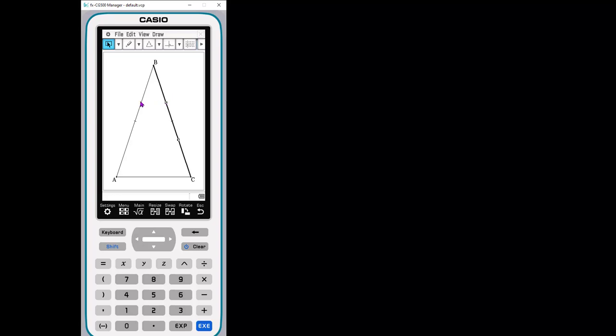So we're going to measure this vertex angle here, and once I select it, I go into the Draw menu and choose Measurement, and I want to measure the angle. So there's my angle measure. And as I move it, I could measure now all three of my angles by going through that process. It didn't like that because I had the measurement selected, but let's measure again. I'm just moving that over, and let's measure this last one, because what we want students to understand about the angles of an isosceles triangle is that the base angles have the same measure.